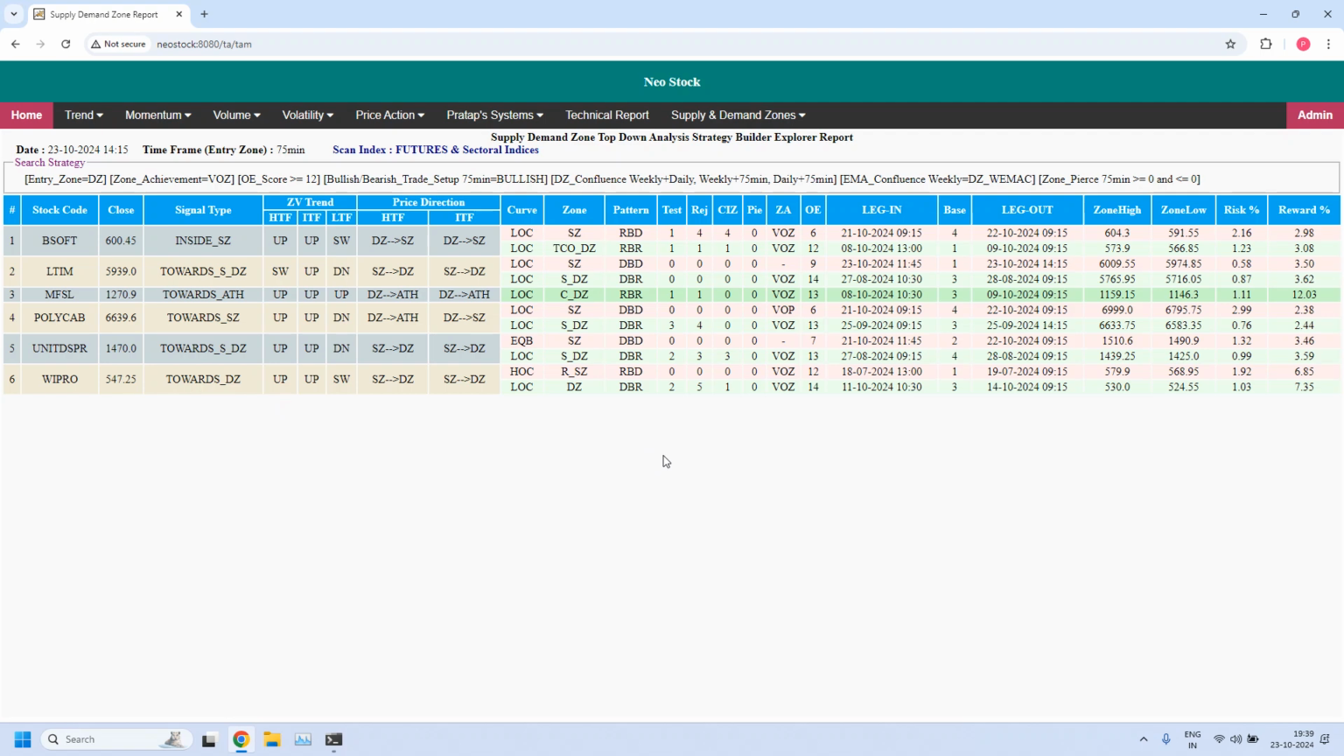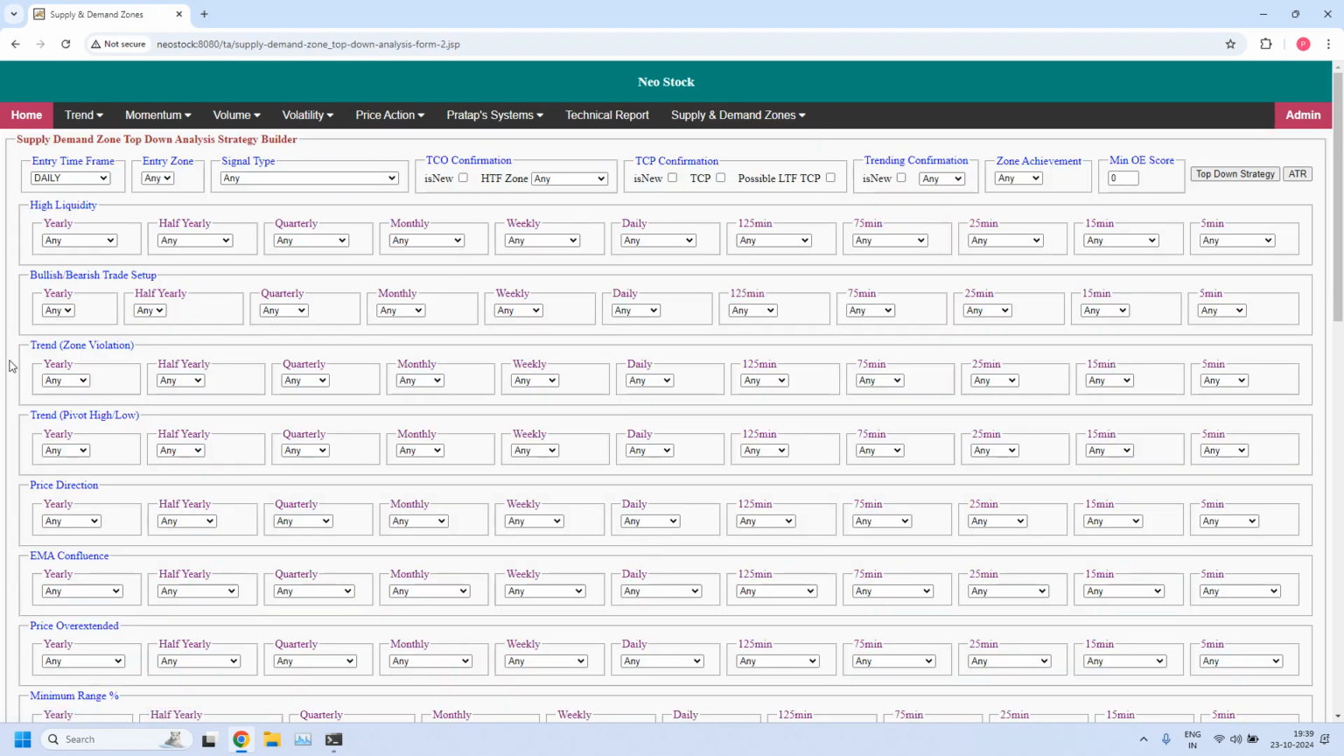Bullish trade setup for weekly income trade. Next, bearish trade setup for weekly income trade. Entry time frame 75 minutes. Entry zone supply zone. In bullish or bearish trade setup at 75 minutes, I am selecting bearish, and 75 minutes